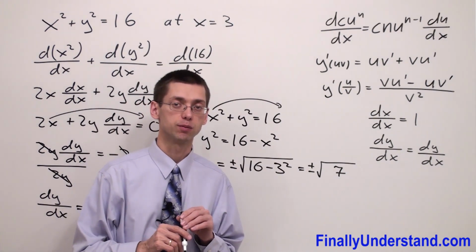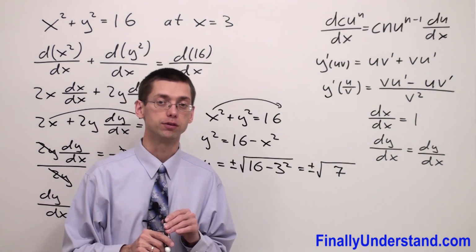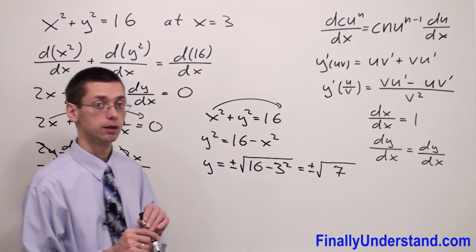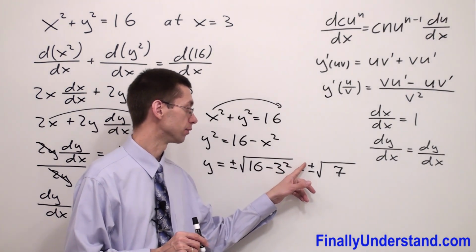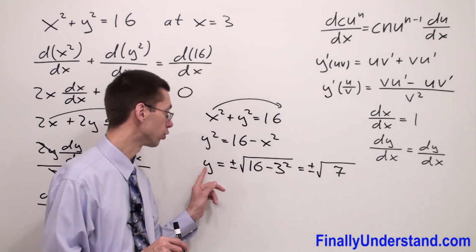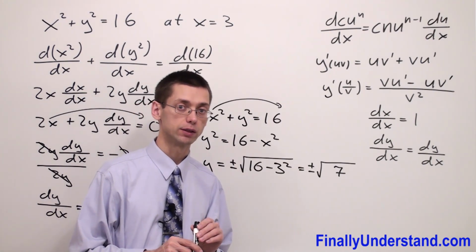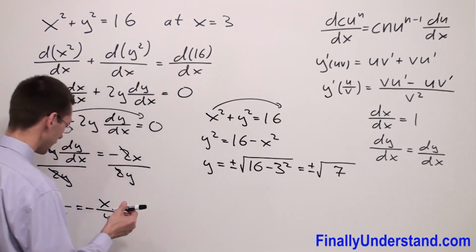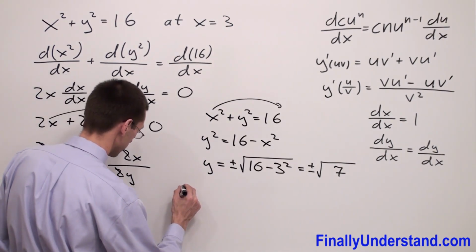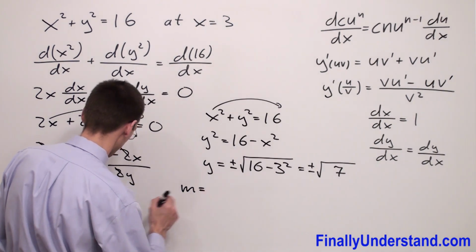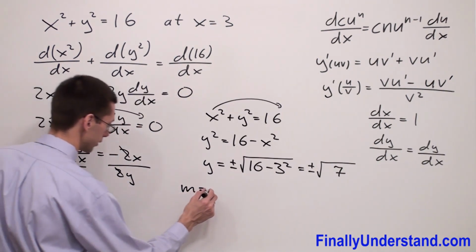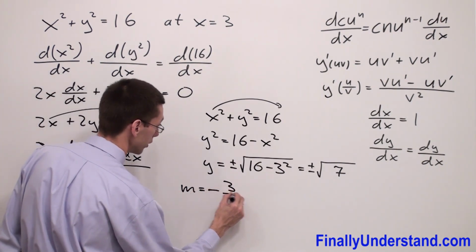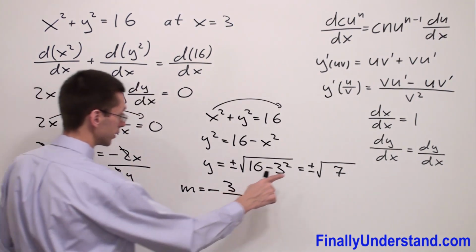Because the problem is asking me to find the slope of the tangent to the given curve in the first quadrant, I'm supposed to choose the positive answer. Why? Because the y coordinate in the first quadrant is always positive. So in order to find the slope, I'm going to simply write that m is equal to, I'm supposed to copy down the negative sign, and x is equal to 3 over y, which we said has to be positive,